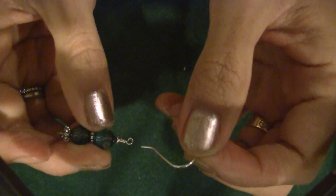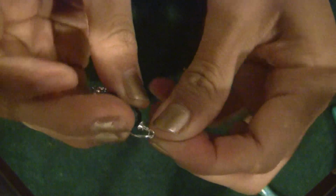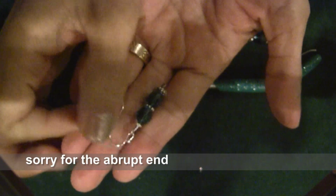Now all you have to do, I have a French wire here, and it's already open, so I don't have to open it up. I'm just gonna, the loop that I made, I'm gonna feed the French wire into there. Oops. Nose wire or flat nose plier, and just close the gap. And there you go, and it's secured on there. Now if you